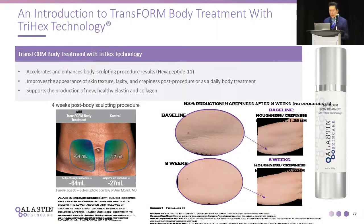They did a study where they put Transform on one side, and they didn't use Transform on the other side, and they lost almost double the amount of fat on the side they used Transform, and it happened more quickly. And a lot of the patients in the study actually had to be retreated on the side that wasn't given Elastin Transform, because there was such an asymmetry after that. So this is one of our favorite